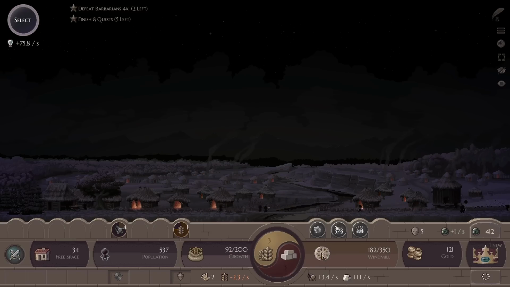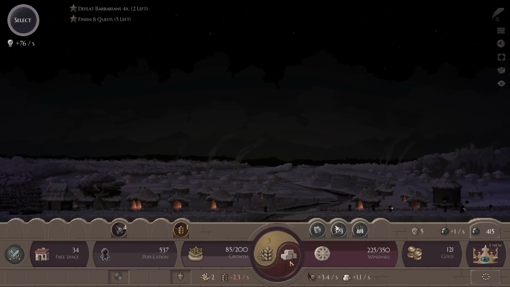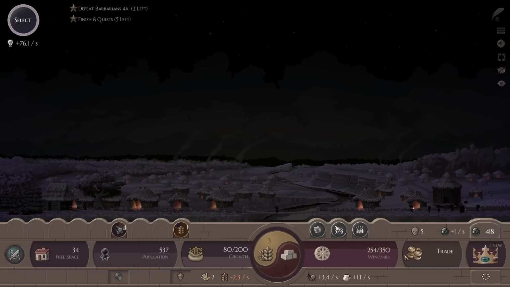Also, what did that crisis say? Hold on, trigger next ability twice. Okay, never mind. No crisis. I'm not about to have a food crisis. All right, but future research is blocked until we do something with the rest of these things. Okay, we can finish more quests. Oh, we have